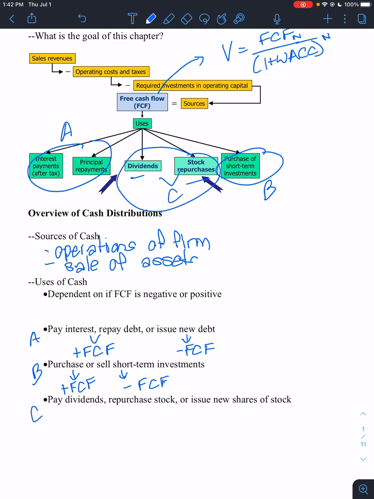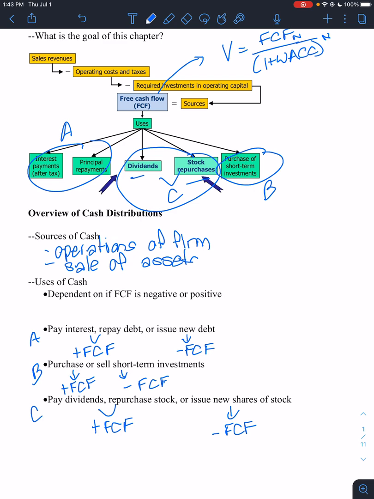The last category I can do is this middle 2. It says I can pay dividends or repurchase stock. Well, I can do that when I have positive free cash flows. When I have negative free cash flows, that's when I would go ahead and issue new shares of stock, right? Because once again, I have to cover that gap of having those negative free cash flows. So make sure you realize that my actions fall into each one of these 5 categories, but it could be flipped around depending on if free cash flows are negative or positive.